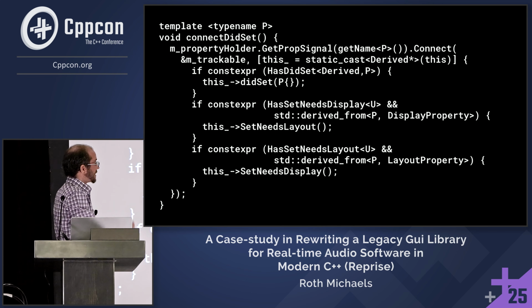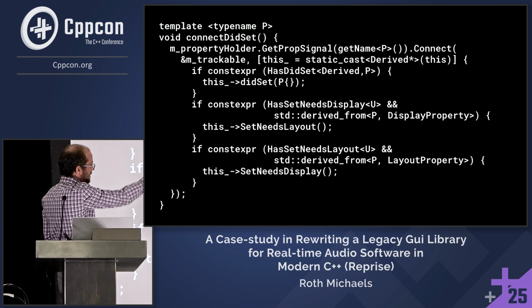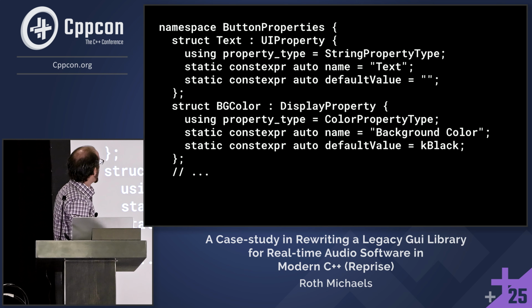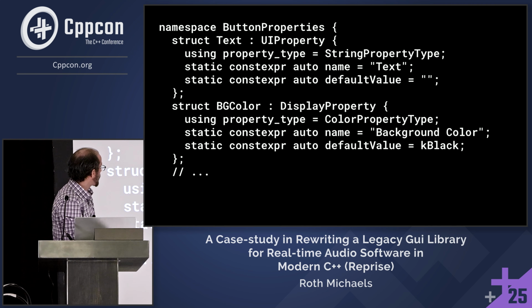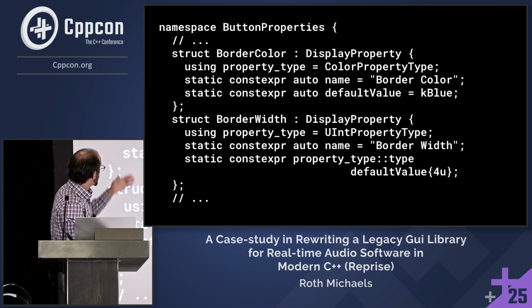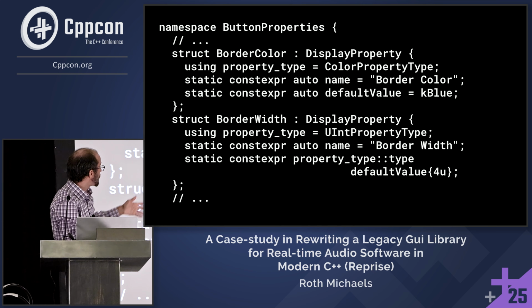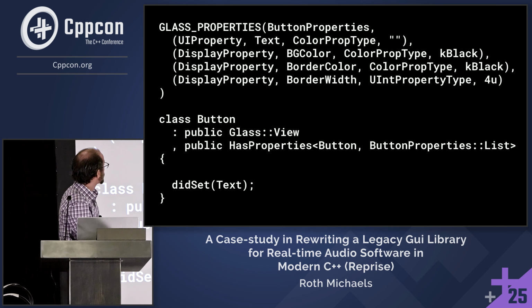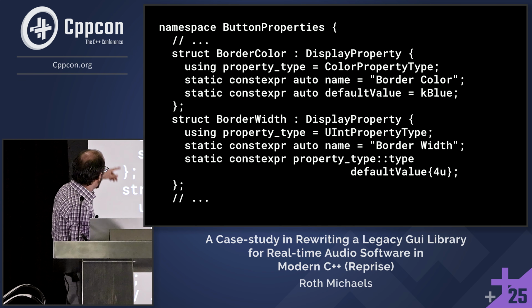So it's both: does the property type want us to call this? And then can we call it in the class? So the two checks we're doing. And then how we will use this stuff, you see now text declares from UIProperty, background color declares from DisplayProperty, border color and border width are also display properties because we're going to need to repaint for those things. And this is where we're kind of saying our final destination is instead of declaring all this verbose